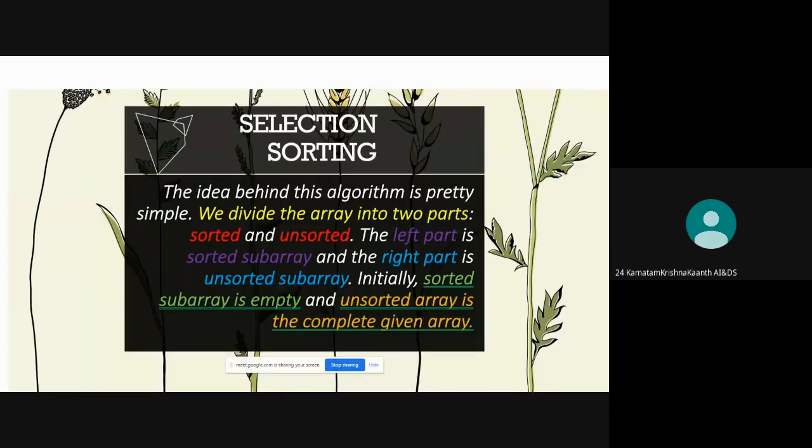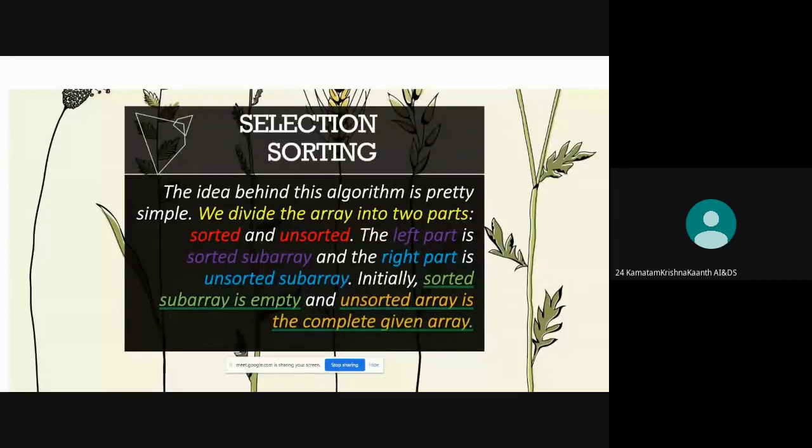After dividing the list into two parts, it identifies the minimum element in the unsorted subarray and swaps it with the leftmost element of the unsorted subarray.